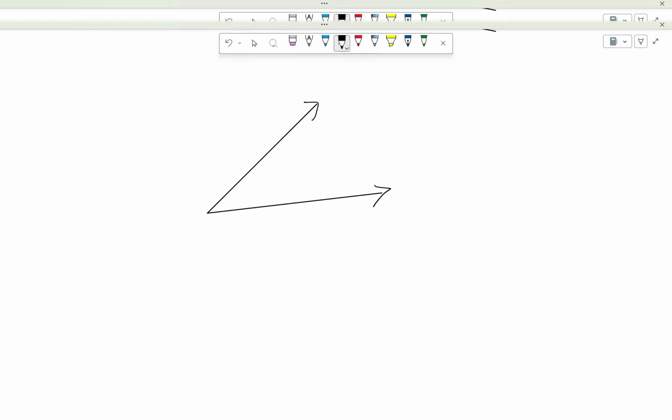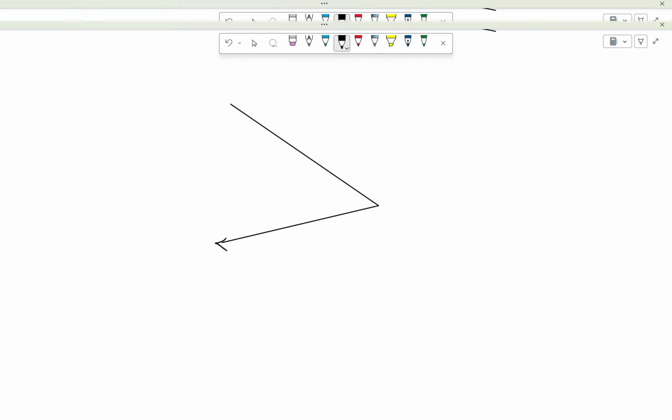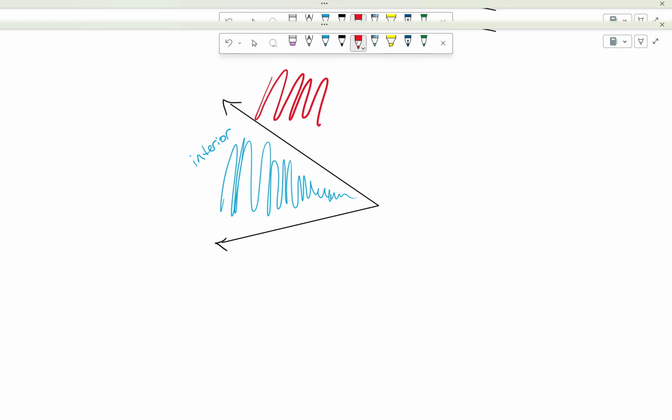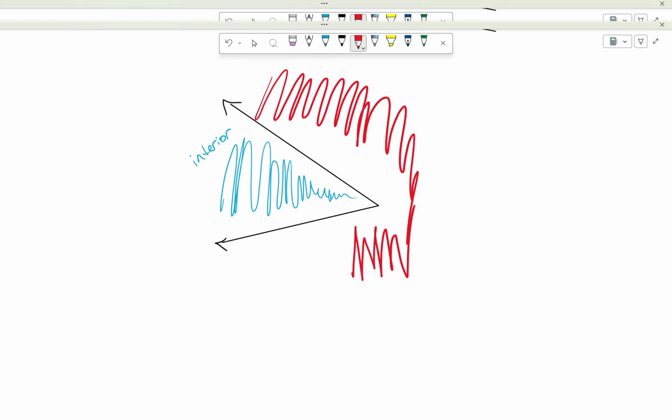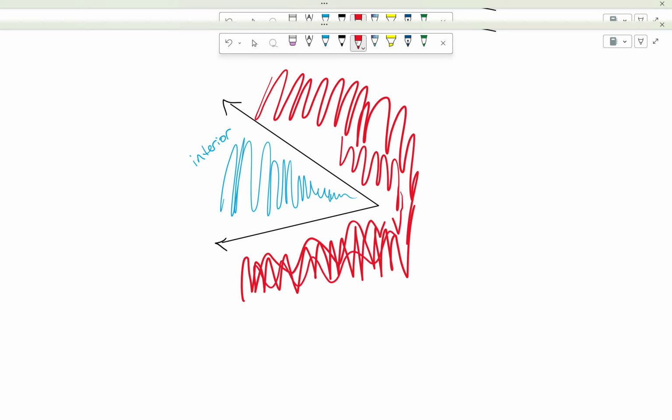So here's another angle that I have. In fact, I'm going to draw this one oriented a little bit differently, so we're not always looking at these things the same way. I'm going to shade in the interior in blue, and this is what's kind of inside. If we widen out the angle, I hate typically writing stuff in red, but this is one time I'm going to differentiate. So I have a third color aside from my black writing and my blue writing, and I'm going to shade in